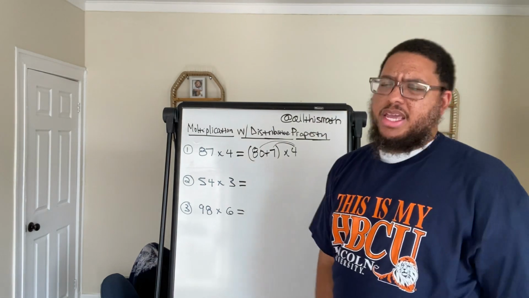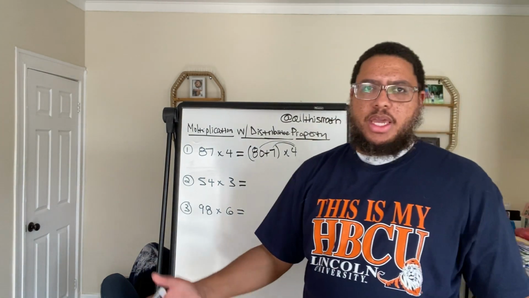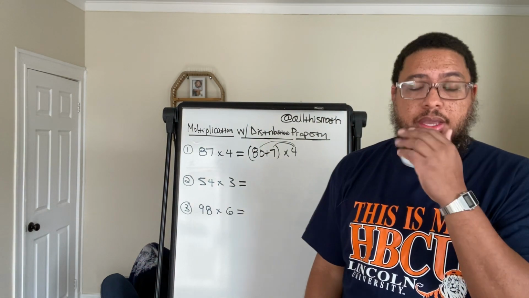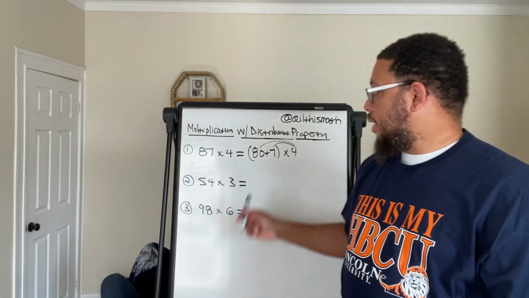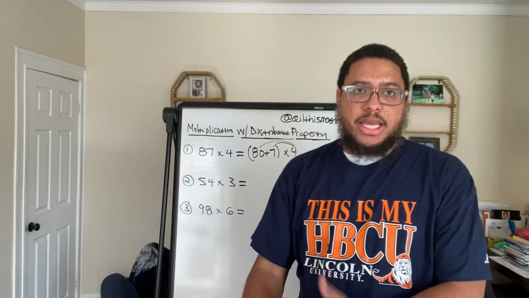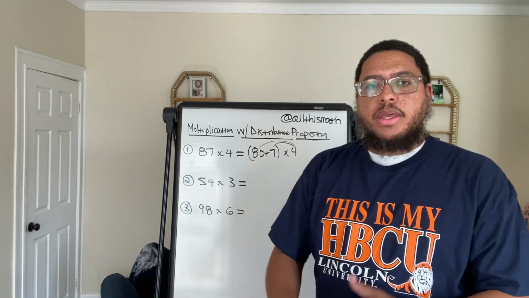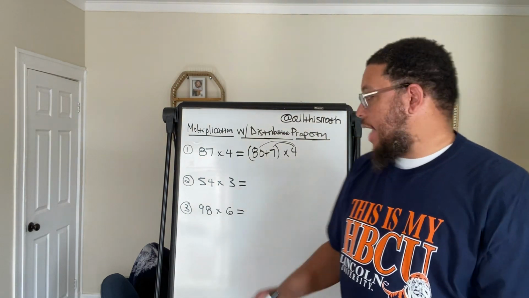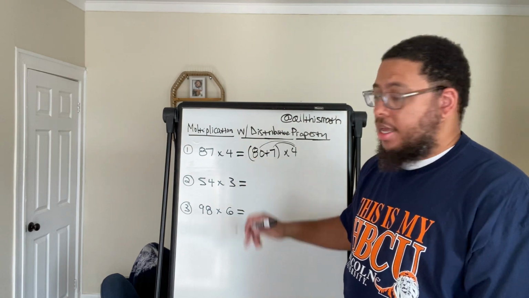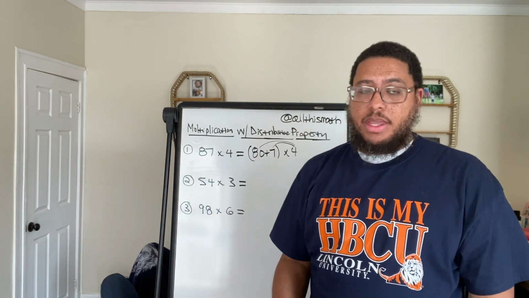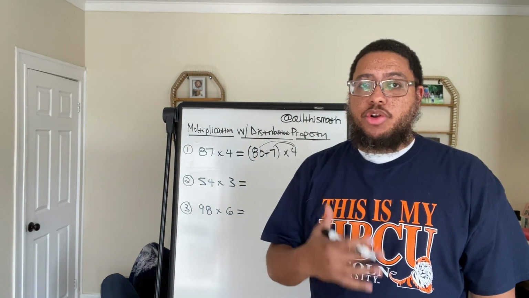Now you might think, well, 80 times 4, 80 is a big number. So how am I going to know what 80 times 4 is? Check this out. This is why it's a happy number. Because this 0, I can pretend like that 0 isn't even there momentarily, right? And if I know my multiplication facts, I can act like this is just an 8. And I could do 8 times 4. And I know that 8 times 4 is 32.